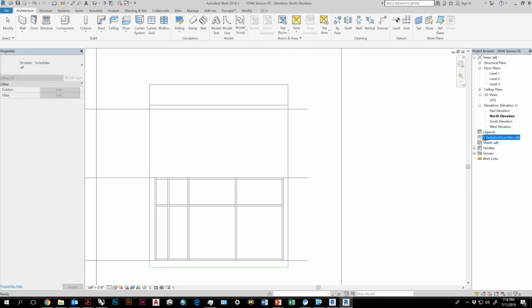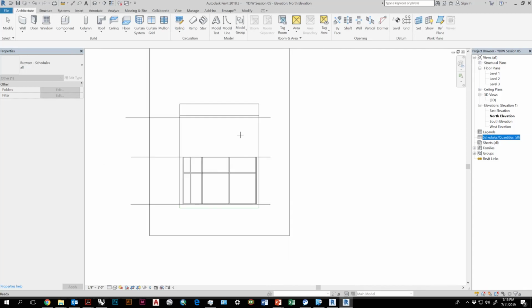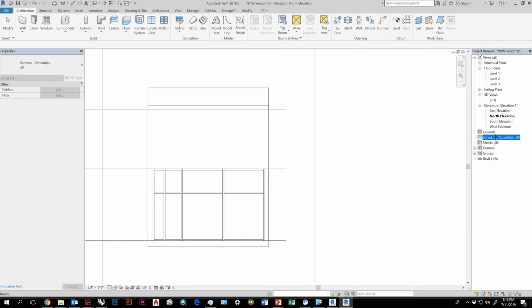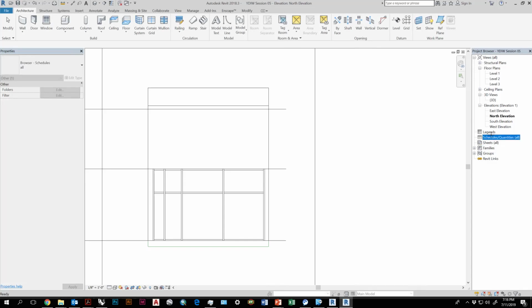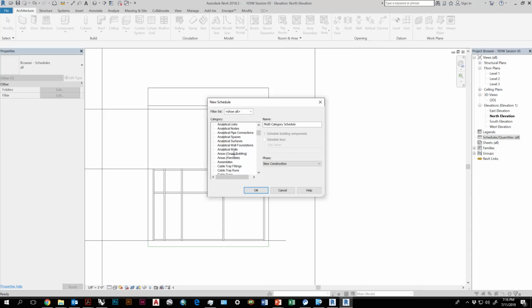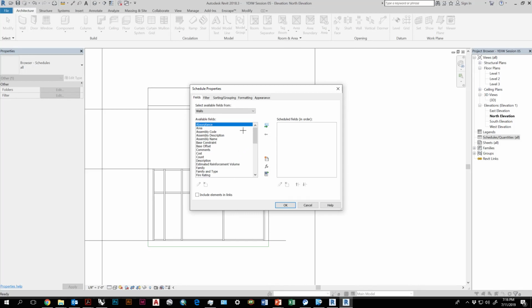So let's talk about some of the more advanced stuff, because I know some people here are super bored. If you want to create a schedule or a sheet, there are a few ways you can do that. You can go over to the project browser, right-click, and hit New Schedule. I'm going to select a portion of the model that has variation in it, which in this case are going to be my walls. So I'll expand walls, hit walls. Right now I'm going to be creating a wall schedule and hit OK.